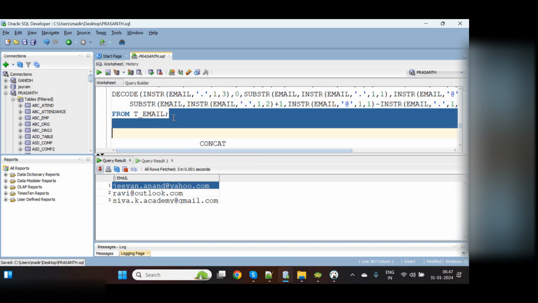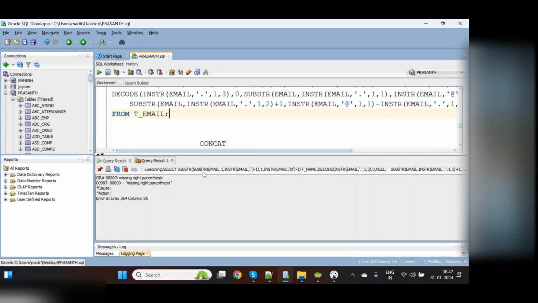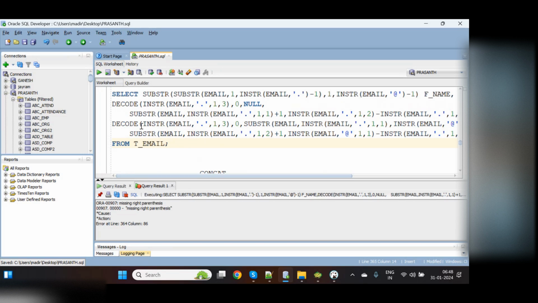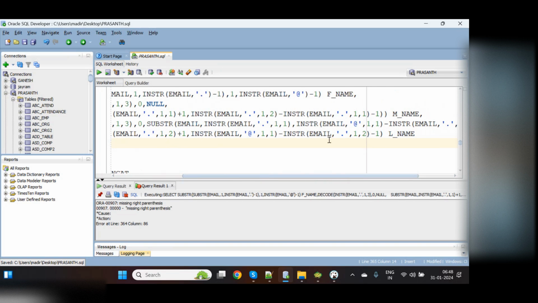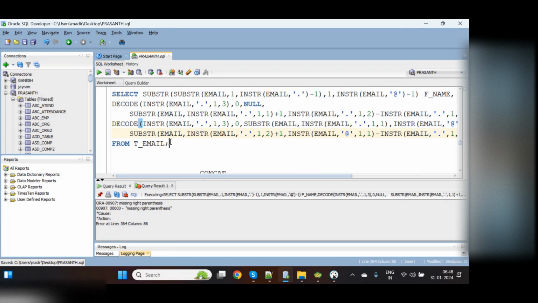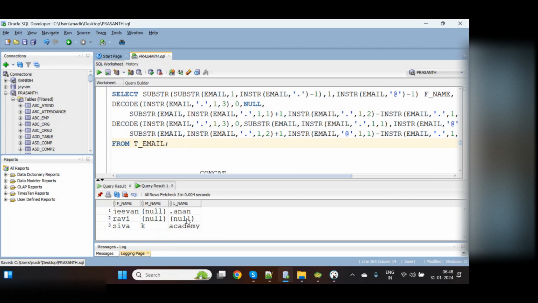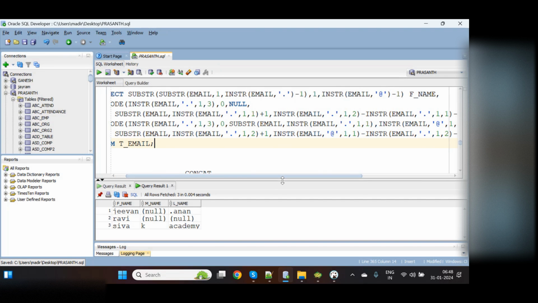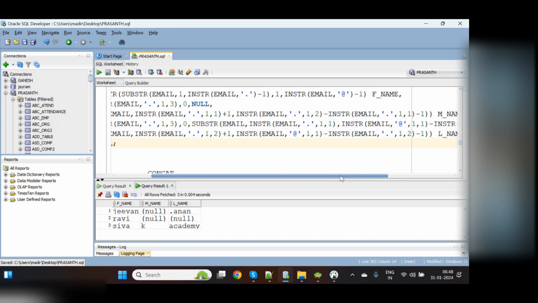Now we'll check and see whether we are going to get the result. Somewhere we missed one bracket. We have to check that. So for the entire decode, we need to close it. Now run and see. For Anand, but see, somewhere we have a mistake. So if there are no three dots, then we are going with